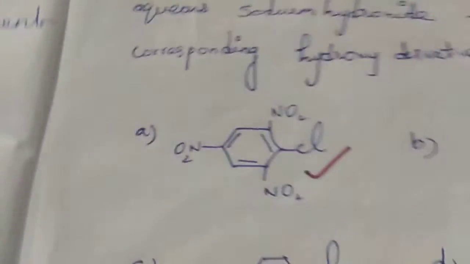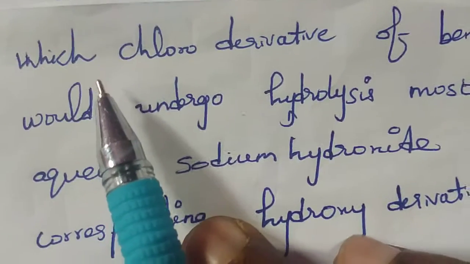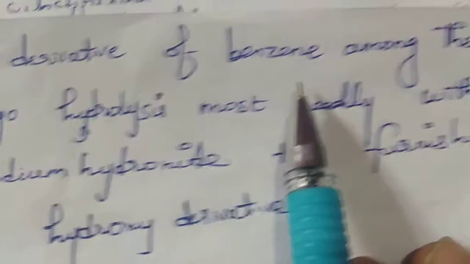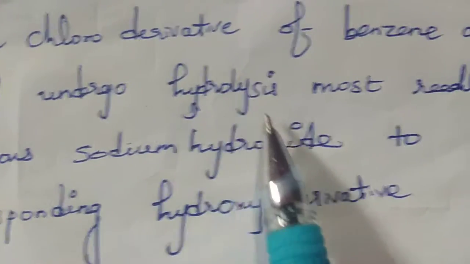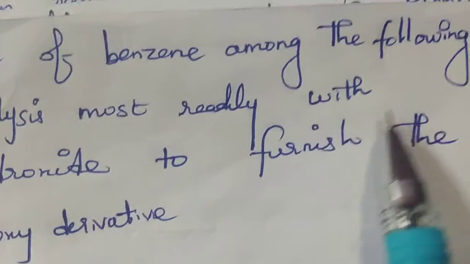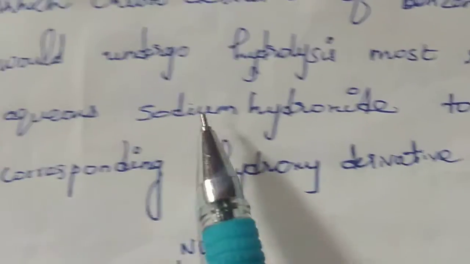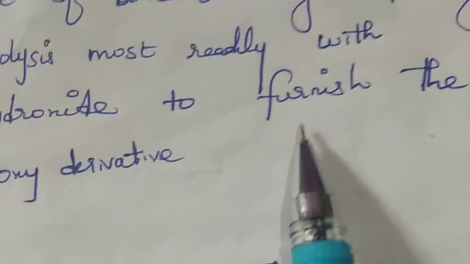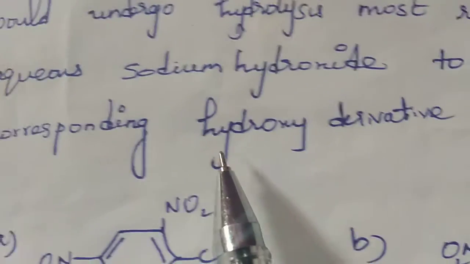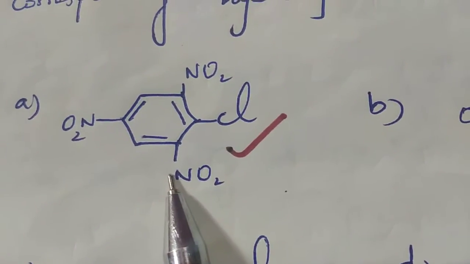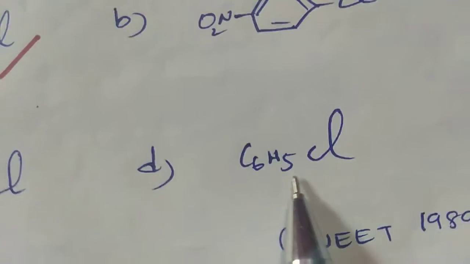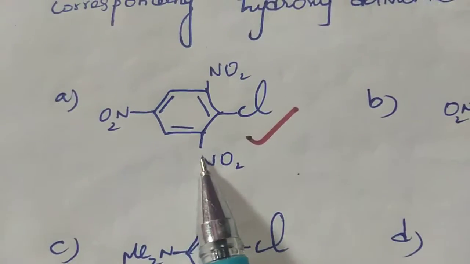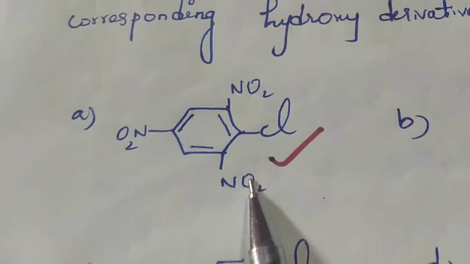Next one is: which chloro-derivative of benzene among the following would undergo hydrolysis most readily with aqueous sodium hydroxide to furnish the corresponding hydroxy derivative? The four options are given. This is the A option, this is the B option, this is the C option, this is the D option. The answer is,